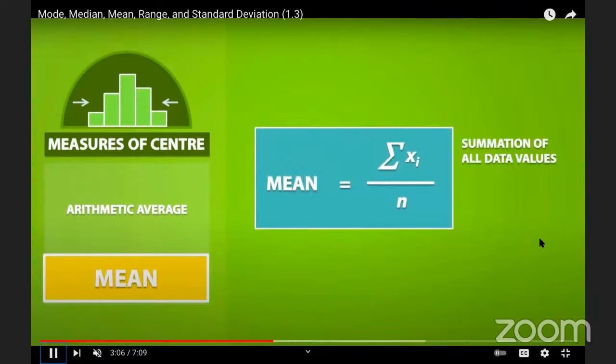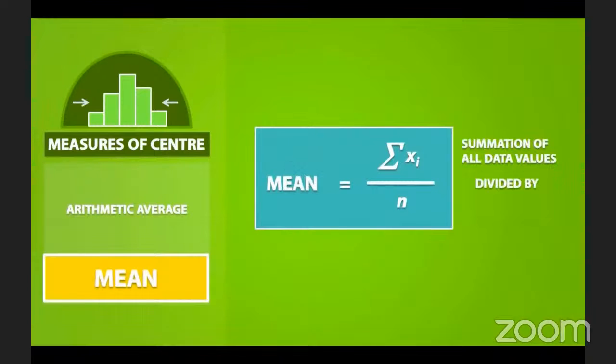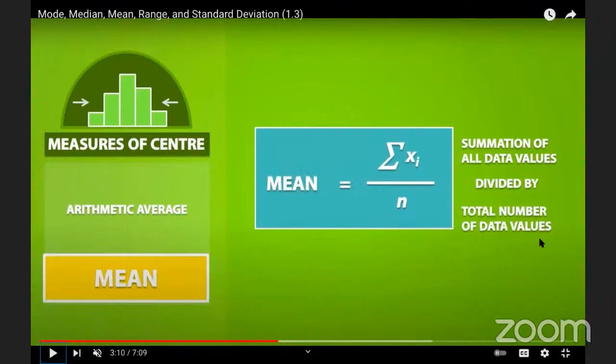Now, how do you calculate? Summation of all data values divided by the total number of data values. Summation of all number values divided by the total number. N means